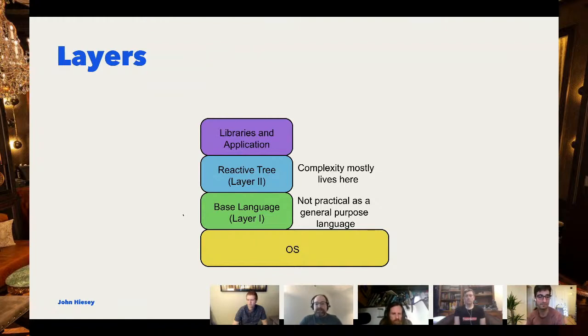I'll give some examples in a few slides. And then on top of that, you build another meta layer that lets you do all the fancy stuff. And the reason this is nice is neither piece has to be quite as complicated as it would be otherwise. So the goal of the second layer is to be a little bit like Smalltalk, very traditional, classic object-oriented programming in a pure sense.